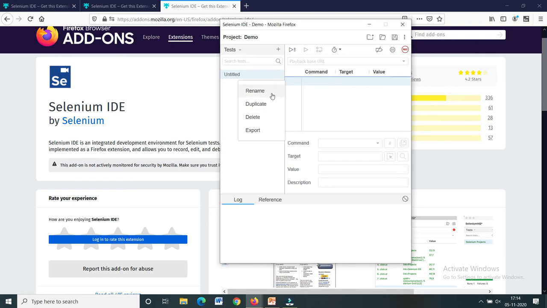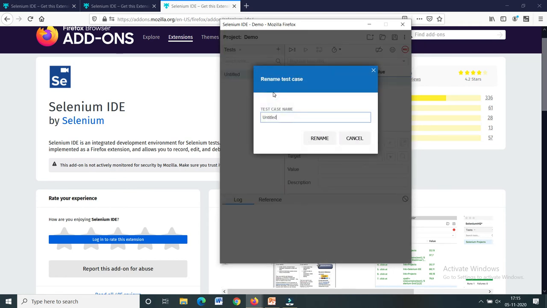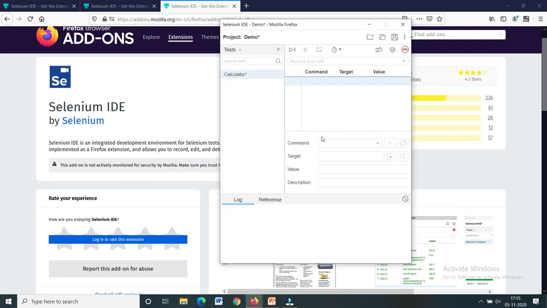Suppose here I am renaming the test case for a calculator. So this will sequentially play all the test cases listed in our test suite. That is, calculator is our test suite, and it contains the different test cases.